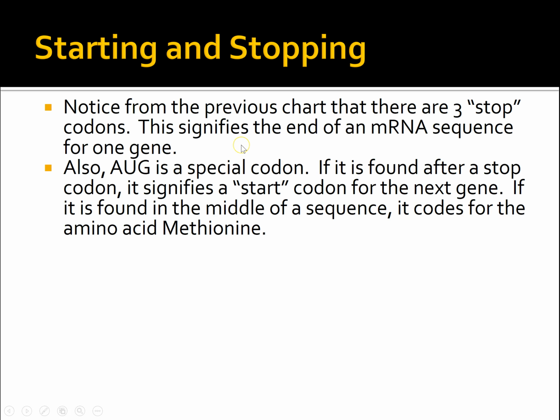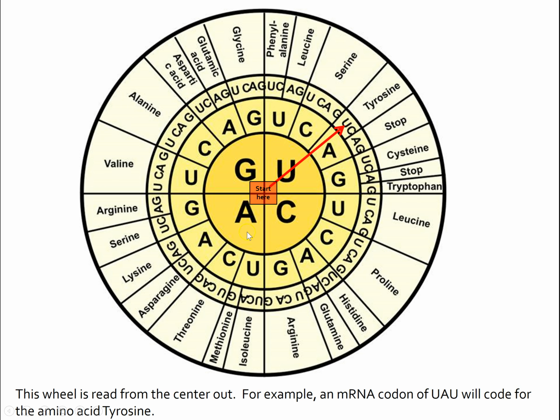Also, AUG is a special codon. If it is found after a stop codon, it signifies a start codon for the next gene. If it's found in the middle of a sequence, it codes for the amino acid methionine. So again, let's go back and look here. We've got